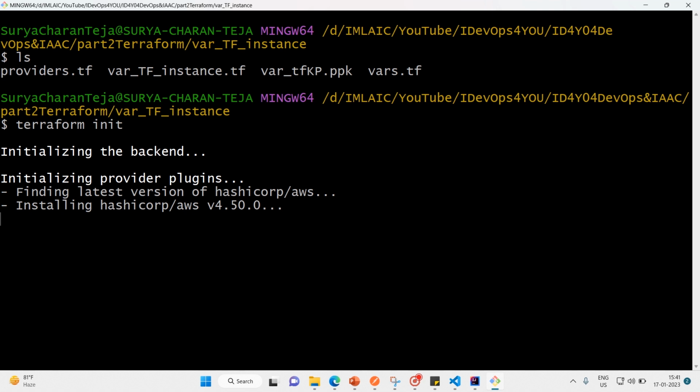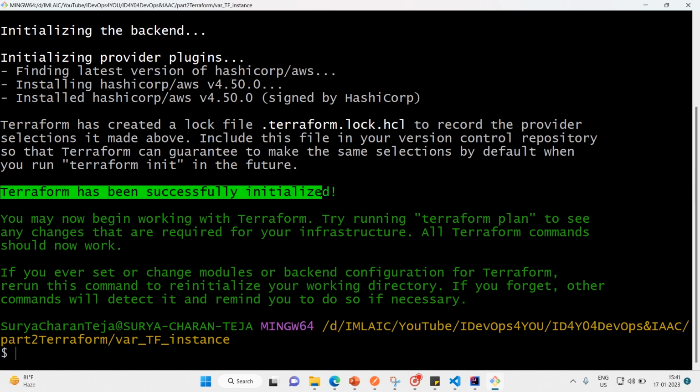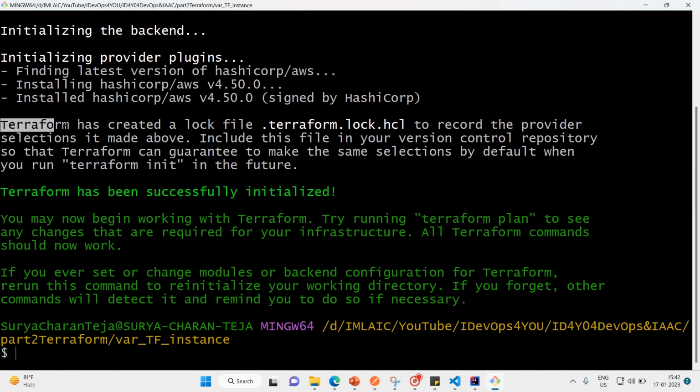Once initialization is done, we will check the format, whether everything is proper or not, and then we will go for validation of the syntax and everything of our code. Yes, it's done. So Terraform has been successfully initialized, and most importantly, Terraform has created a lock file,